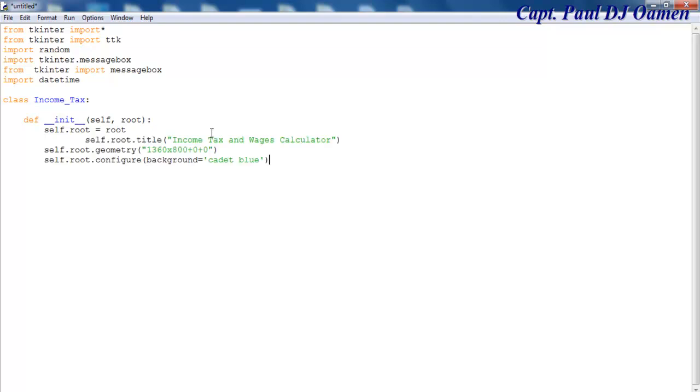there, and so on. So right here is the title, and I've also defined the size of my screen and